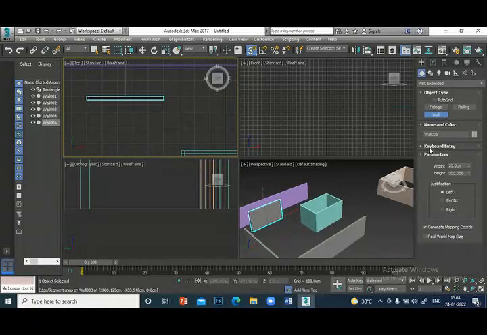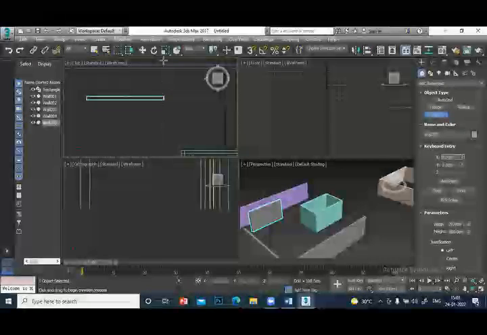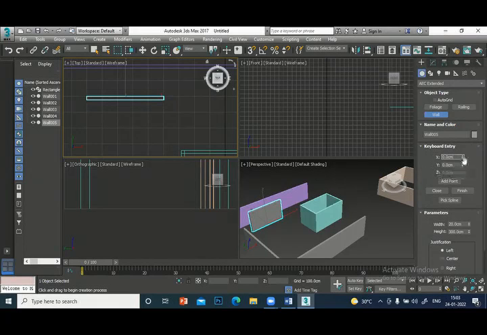So if you are using keyboard entry, click here. First 0, 0, 0, add point, so it adds exactly at the center. At that time you don't want this snap, you can turn it off. Then you give X, how much you want, and add point. So automatically from the center, whatever length you give, it draws a line there with the width and height you give. Then you give Y if you want the other direction. Like that you can, if you know the coordinates.